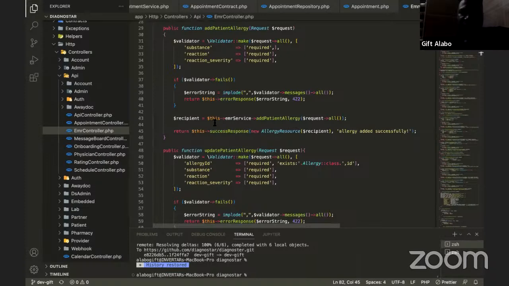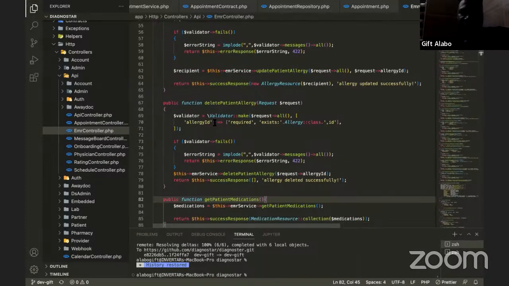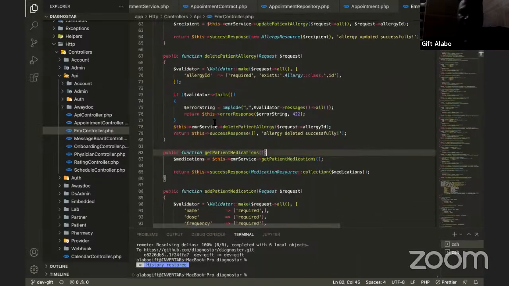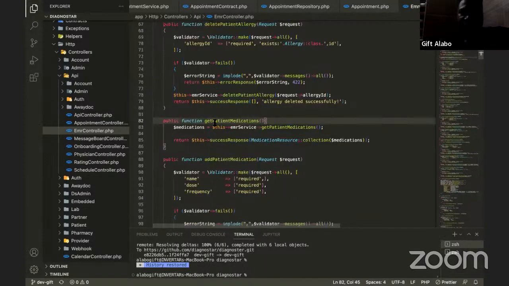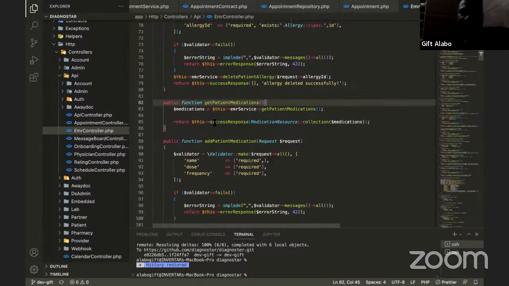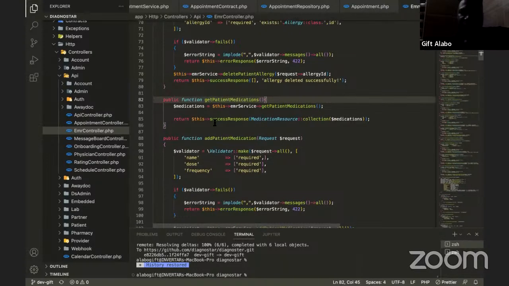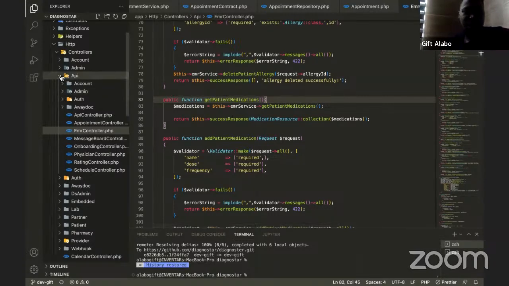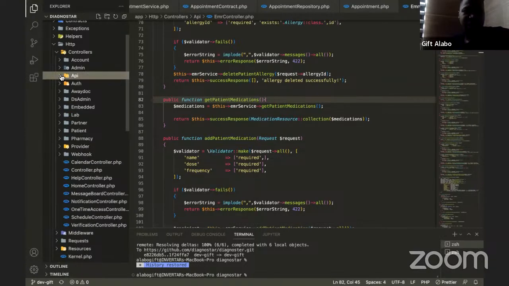Resources allow you to transfer the data to what you use. It's very simple. I love it, makes everything simple and easy to use. So we have this service called the EMR service, and we are calling the get patient. These services are also stored inside